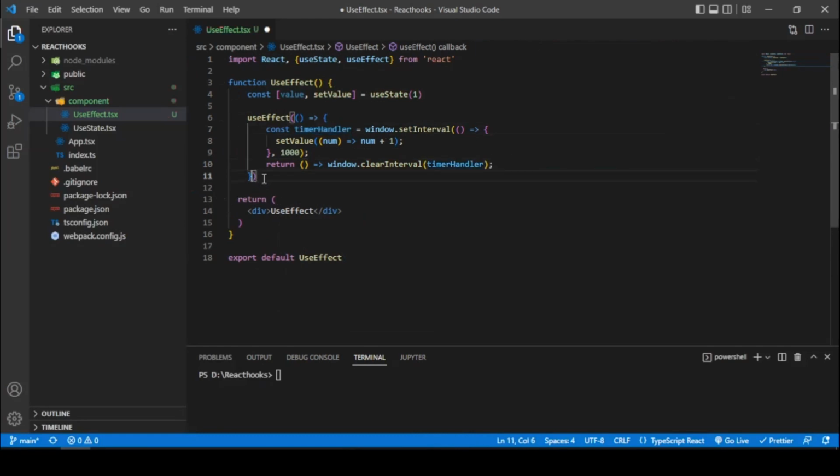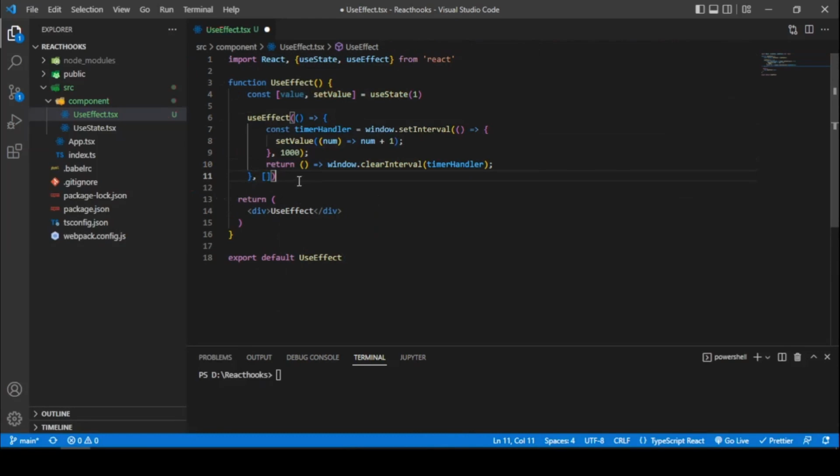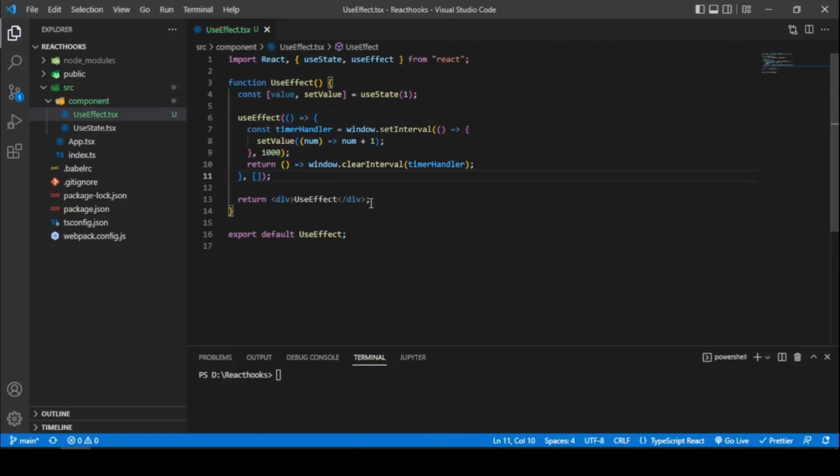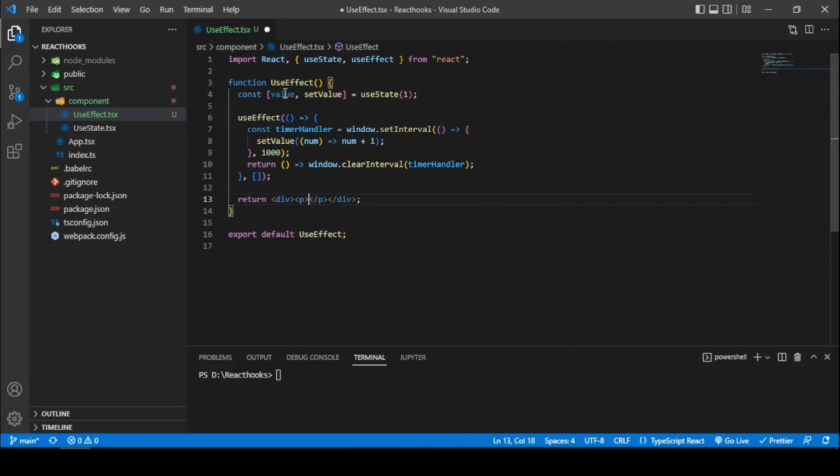And the last thing we gonna do, add the array, save it, and last thing, it will be a p with the value what we expect to get,